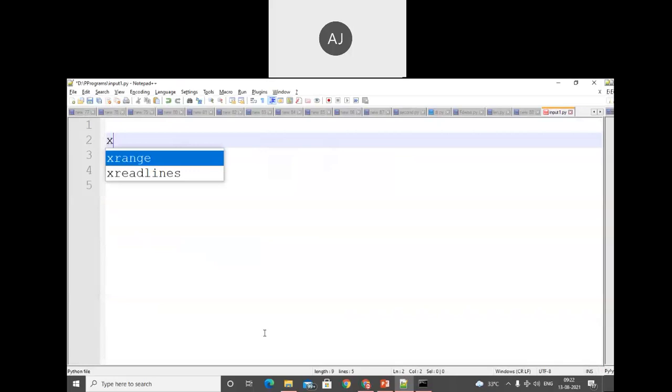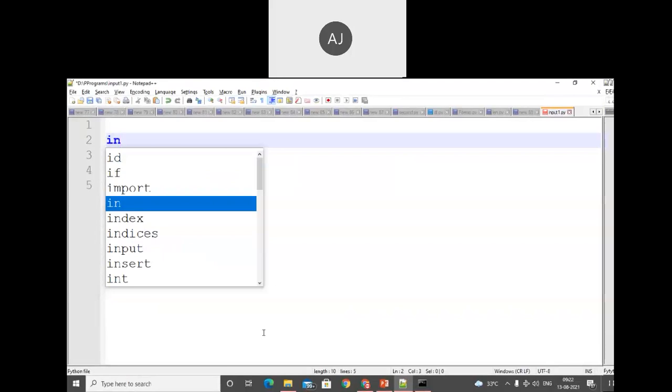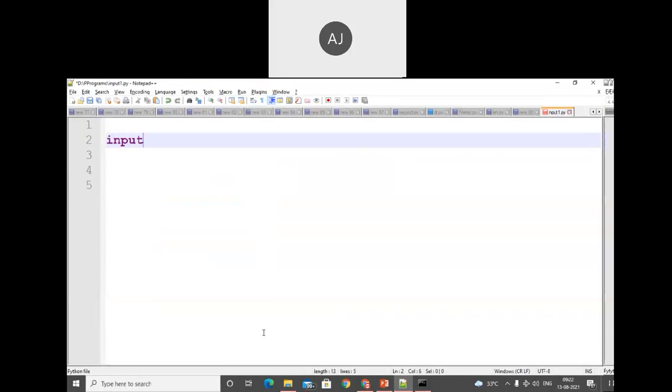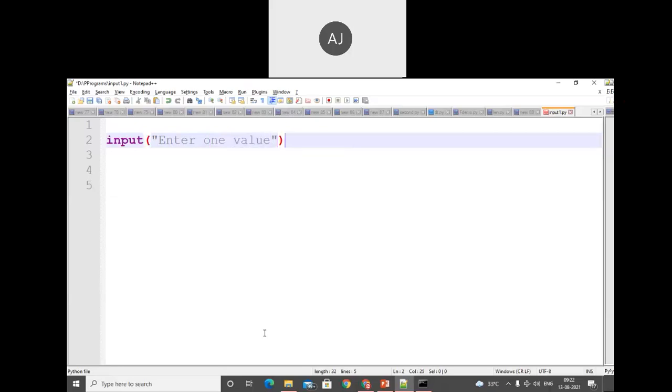Using variable x. Before that, just use the input function. Here we need to specify the input function, and inside it, in double quotes, a message.